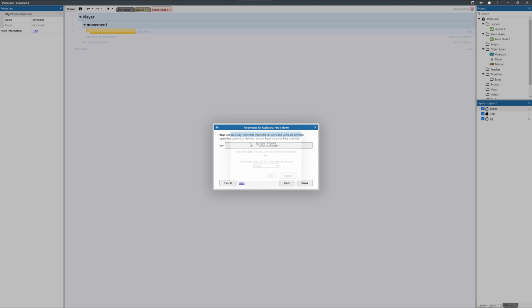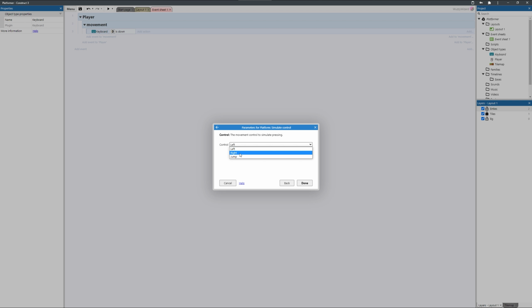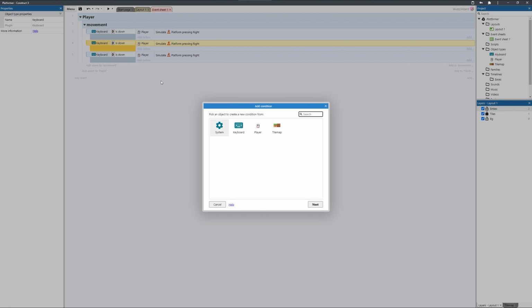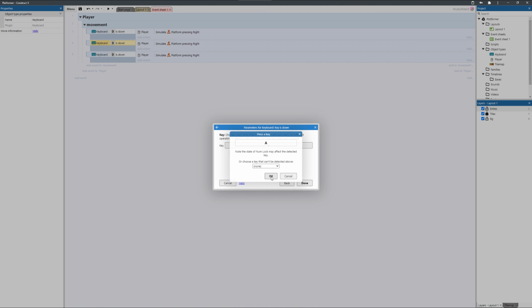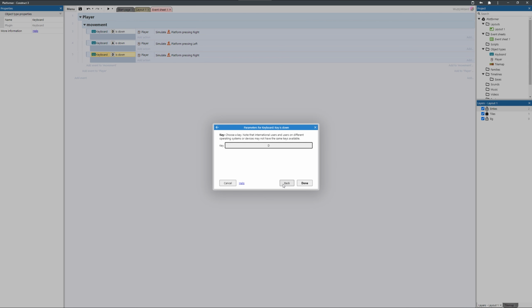Key is down, the D key is down, add action, player, simulate control, right, Control C, Control V, 2 times, then add the A, and A is left, then double click the D thing, go back, on key pressed instead